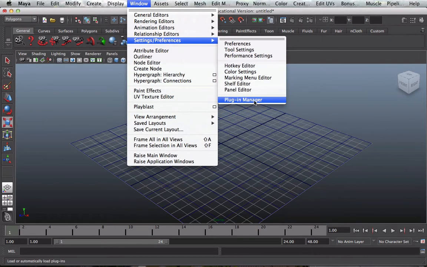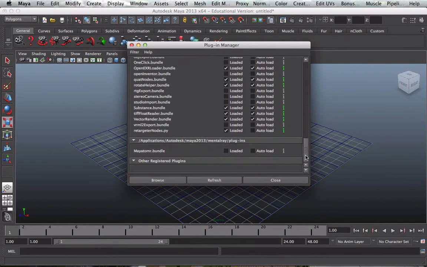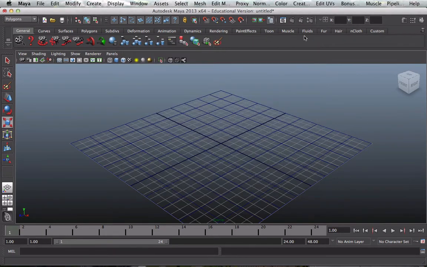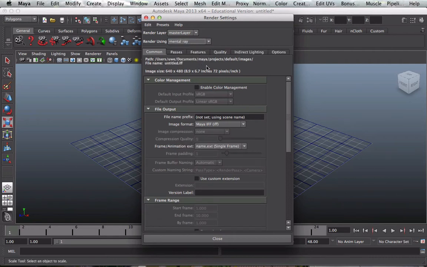I'm going to plug that plugin in and scroll down, and here we are. It's the Maya to mental ray, Maya to MR, and I'm going to select that to load it and close. Go back to the render global settings, choose, there we are, mental ray,